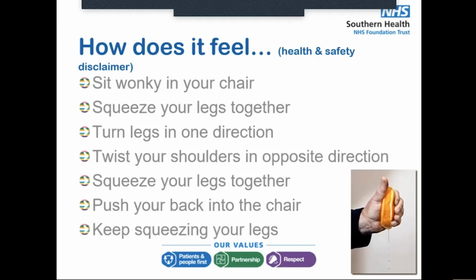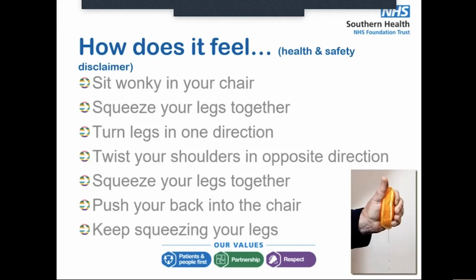Just hold that position for a few more seconds and see how that actually feels. If you think about where those extra pressures are, see how uncomfortable that feels in your thighs, in your legs, in your back,